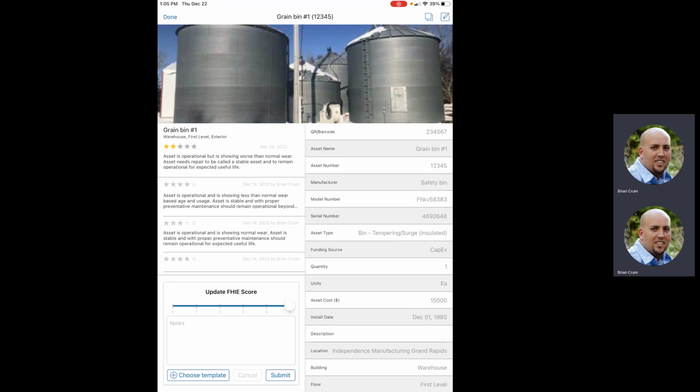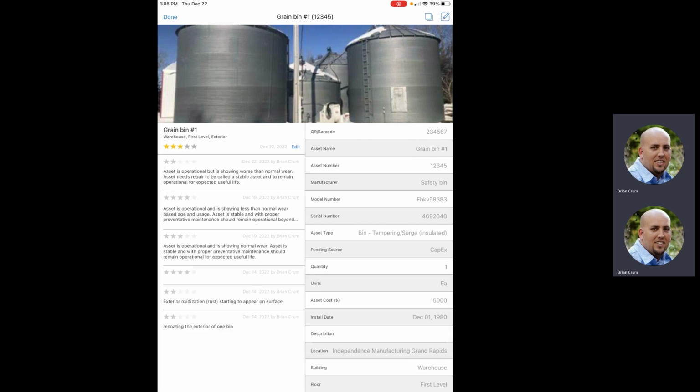Now, very easy for me to go in and edit both the condition score as well as all the pertinent asset characteristics associated with this piece of equipment. So first things first, I want to change the score of this asset. Currently, it's rated 2 stars. I'm going to just scan over the different scores with my finger by moving this button right and left. And you'll see every time I get to a different condition score, it gives me a definition of what that condition score is. In this one, for this example, I'm going to change it to a score of 4